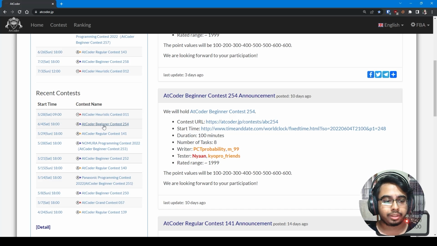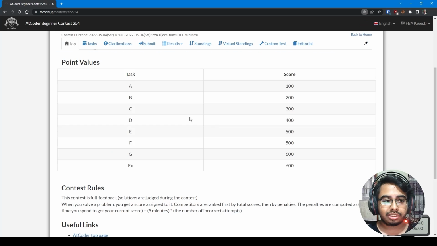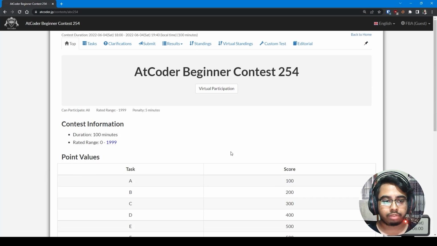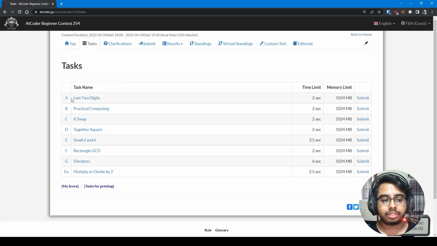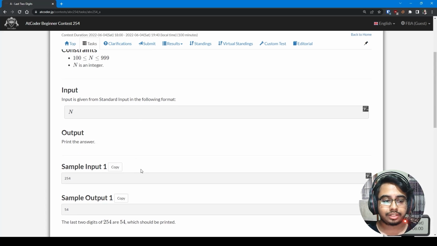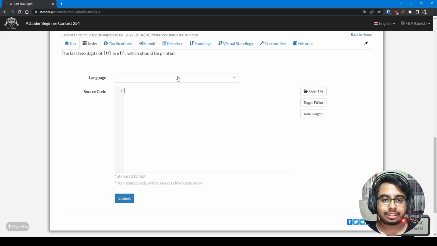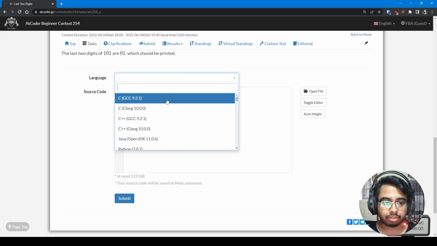Let's say I want to open this AtCoder Beginner Contest 254, and this is the score of the contest. If I simply click tasks, I'm getting all of the problems which were given in that contest. All right, and if I want, I can simply open any problem. I can read the statement, sample input output,